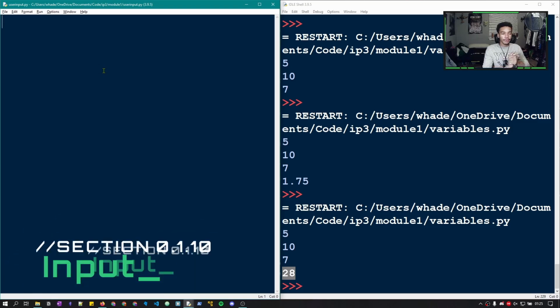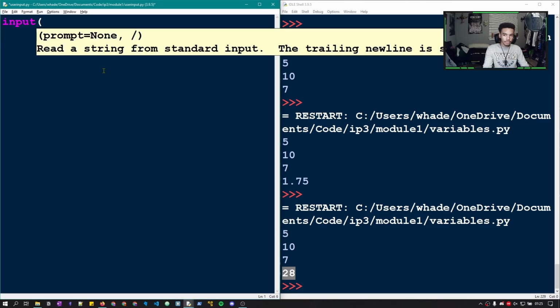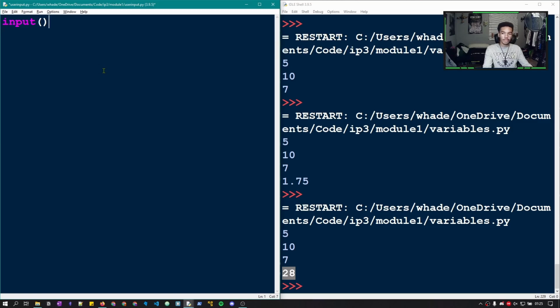Now, unlike other languages like Java, where you have to import a whole module and do all this other stuff to get user input, Python has a user input function built in. This function is called input, right? So this will take in user input. So let's put in the string,